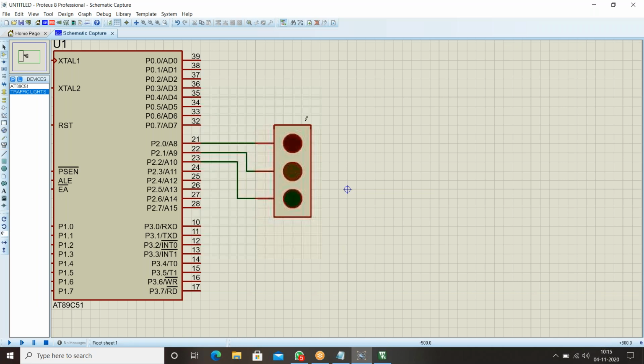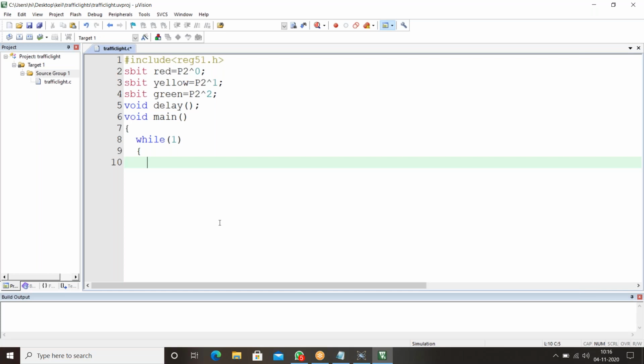So now what's our task? If I want to make red on, the remaining two colors should be off. Then you have to give some delay, and likewise for yellow and green. So first make red on, which means 1, and the remaining two colors, yellow and green, should be off.